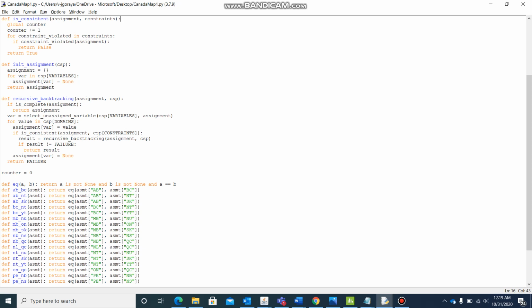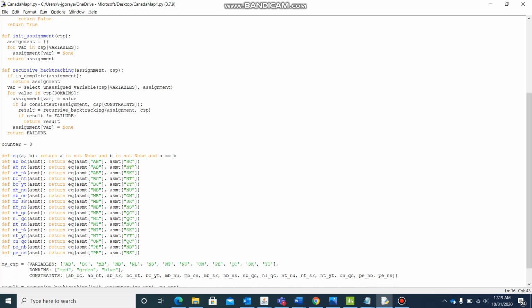If the result is not a failure, it will return the result, and otherwise the assignment for the variable will be none, and the result will be failure.